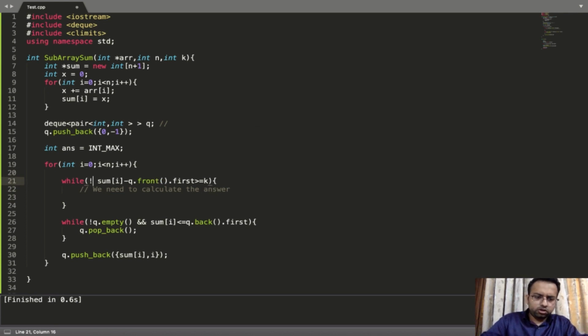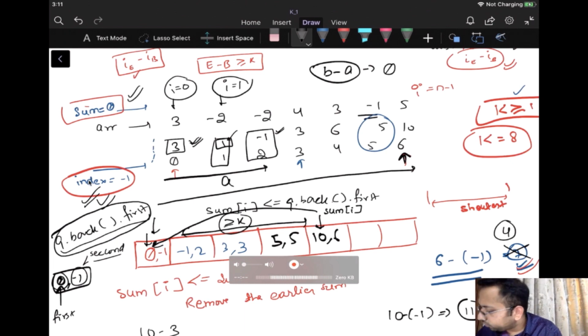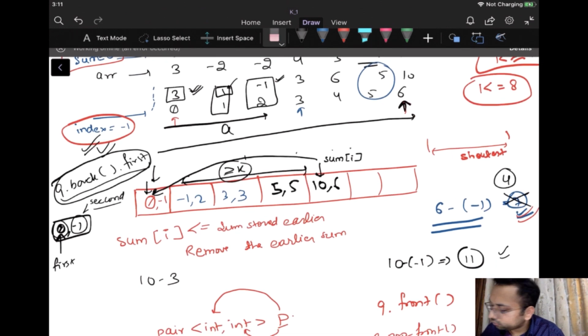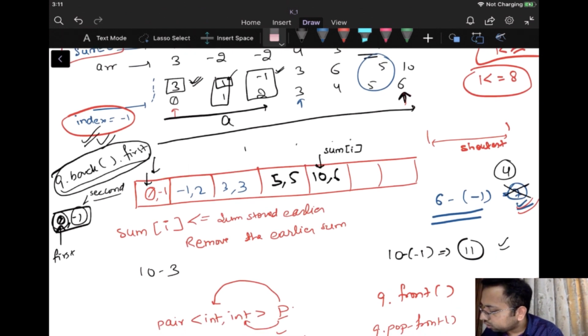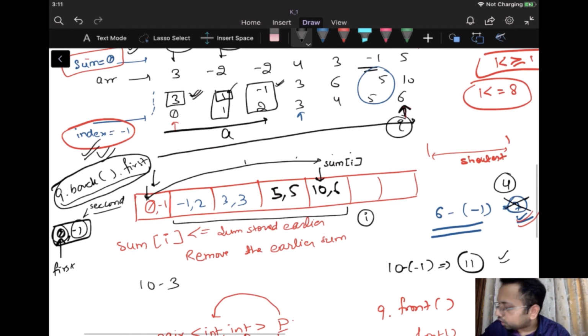So in this case also q should not be empty, and this thing is true. Till the time this thing is true, what would I do in this case, right? What will I do in this case? So see, yeah, the sum that we are currently on, if I'll subtract and I'll find the range of this particular, the length of this particular range, so I can get that using the ith index. The currently I am on the ith index, right? So the last index that I am on, I can get it using the ith index.